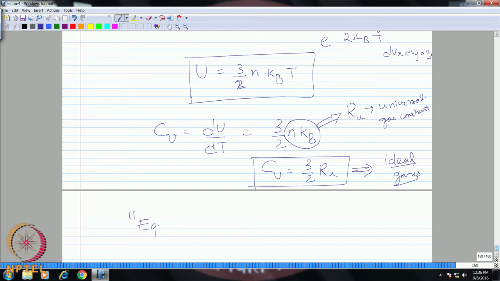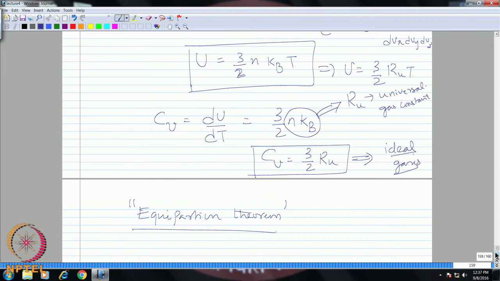Okay. So, what it tells you is that if you now look at a very famous theorem in statistical thermodynamics, this is called the equipartition theorem. So, in fact, you can also write your u as simply 3 by 2 Ru T. So, your equipartition theorem here actually says that,